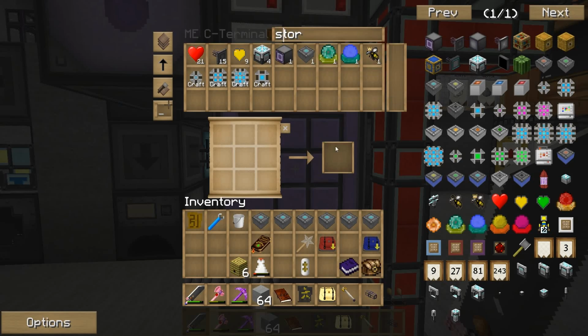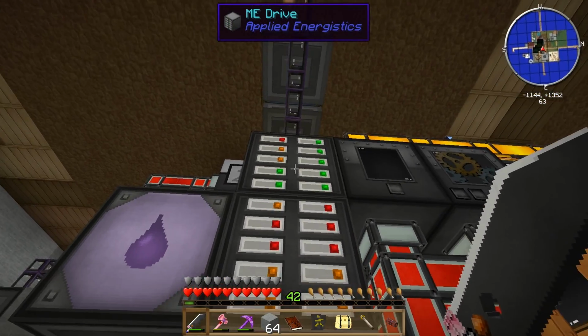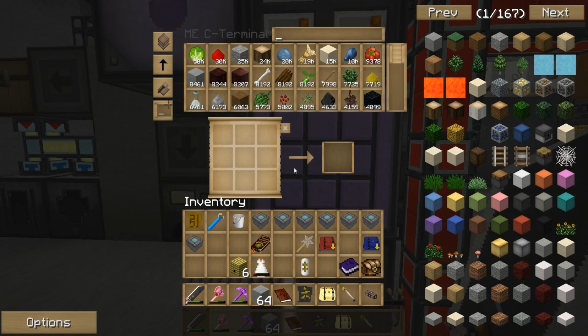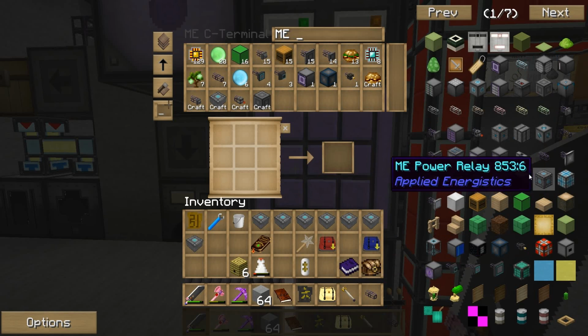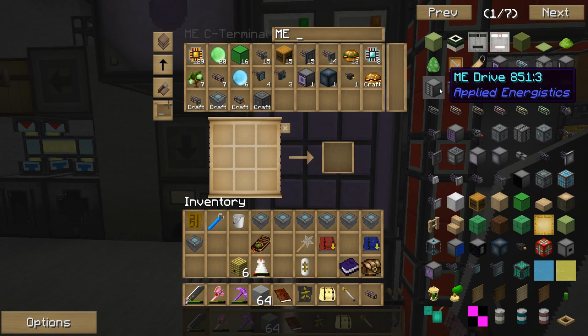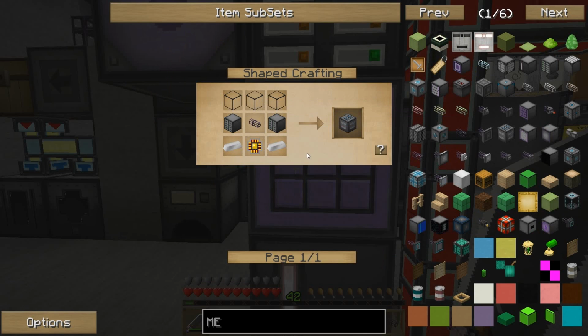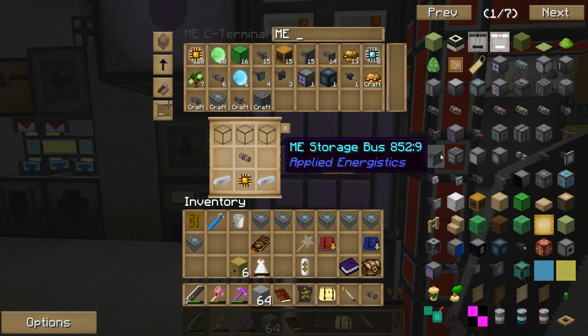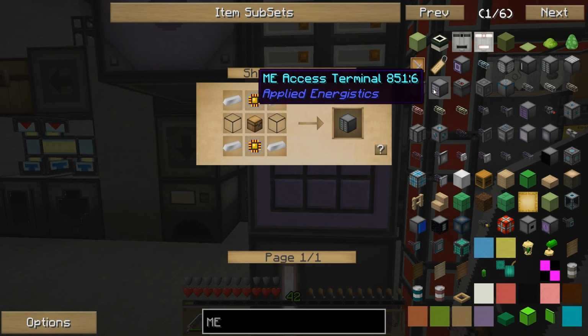The thing of that is, though, I need to get the stuff out of these old drives and into the new drives. So for that, I would like to make, the easiest way to do that would be to make a, where is it at? I/O port. This sucker right here. And I'm going to go ahead and craft this stuff by hand, just because I think some of the stuff might be needed